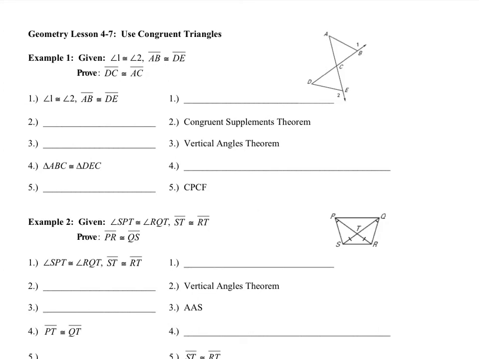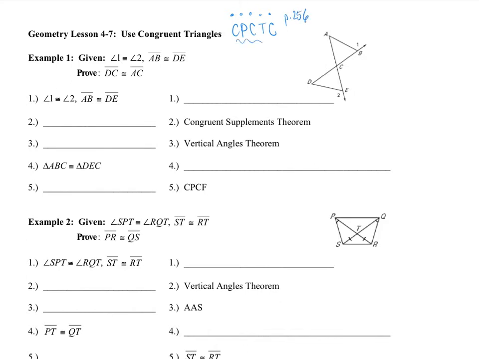Lesson 4-7, use congruent triangles. In this lesson, we're going to take one step further with proving triangles congruent by stating that their corresponding parts are congruent. And the reason that we will use for this is CPCTC, meaning corresponding parts of congruent triangles are congruent. This is in your book on page 256,